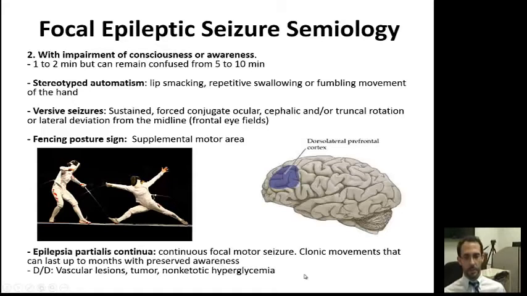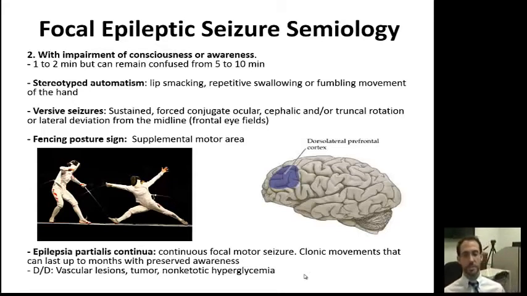There's another description of epilepsia partialis continua, where you can have continuous focal motor seizure, described as a clonic movement that can last up to a month, actually, with preserved awareness. Why is there preserved awareness? Basically because it's a seizure very localized, affecting a small territory of the brain. Therefore, it's not causing significant